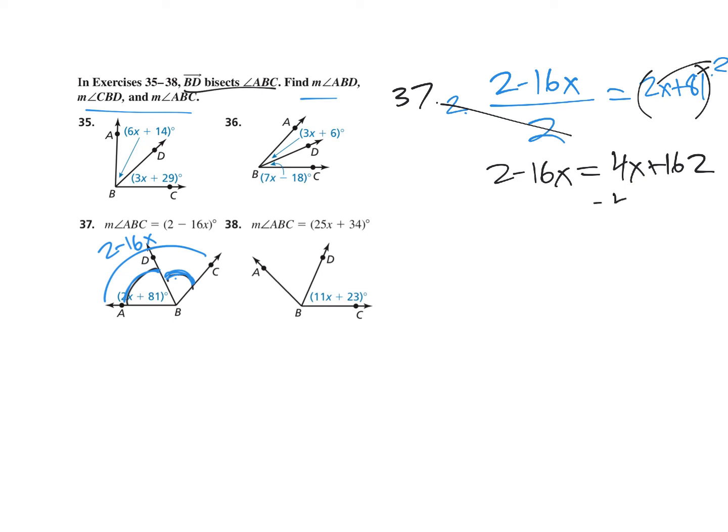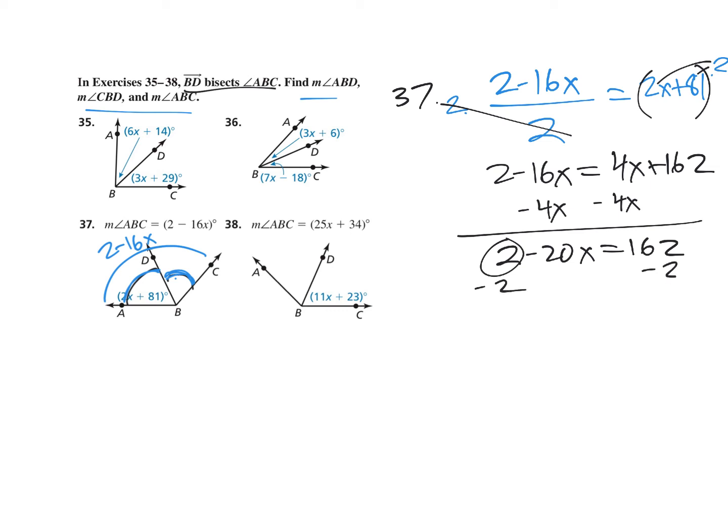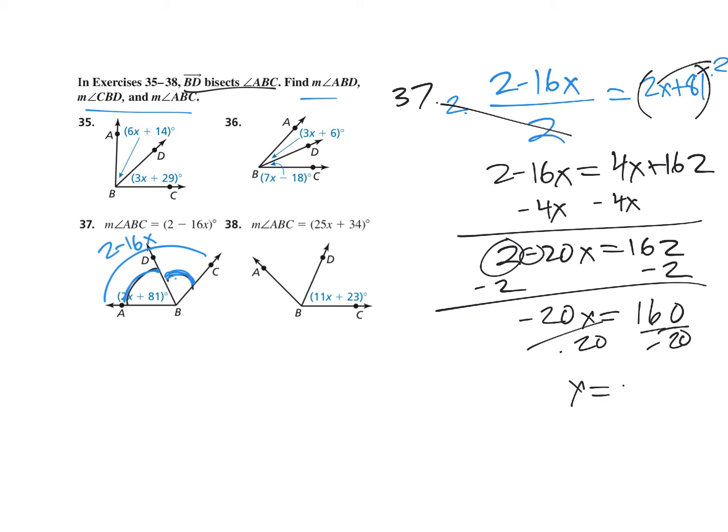I'll go ahead and subtract 4x to the left. 2 minus 20x is equal to 36. Now the 2 needs to move, so that's a plus 2, so that's minus 2. This minus sign doesn't disappear, that's a negative 20x, and that's 34. Divide off the negative 20, and you get x equals negative 8. So if x is negative 8, we now can substitute it in, and you get 2 minus 16